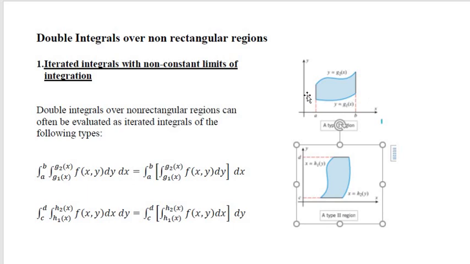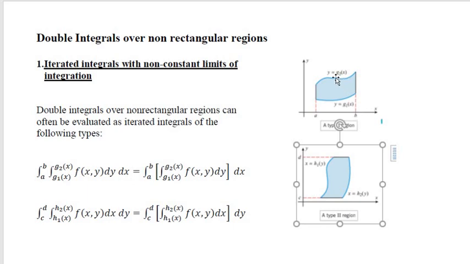When we consider a region bounded between two parallel lines parallel to the y-axis, this is called a type 1 region. If a region is bounded between parallel lines which are parallel to x-axis, then that region is called type 2 region. So in the case of a type 1 region, variation of x is always constant. The region lies between two parallel lines. Therefore, x is varying from a to b. That is, variation of limit is constant in the integral.